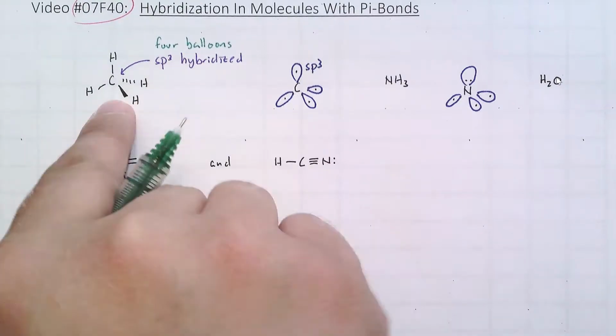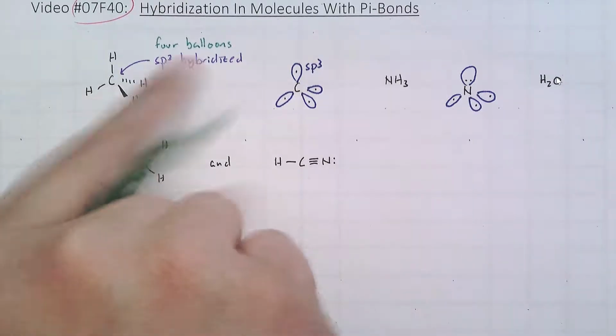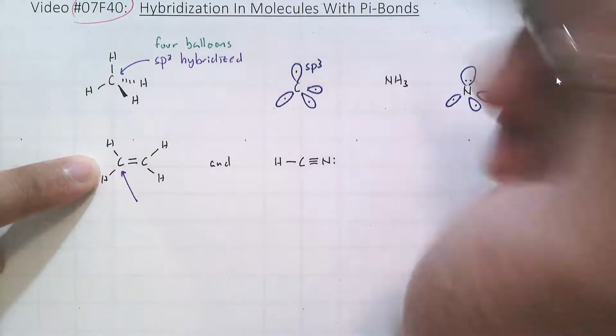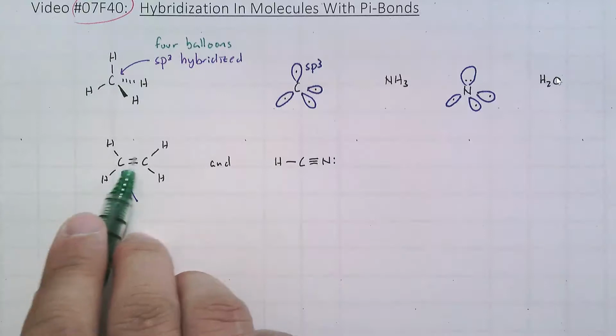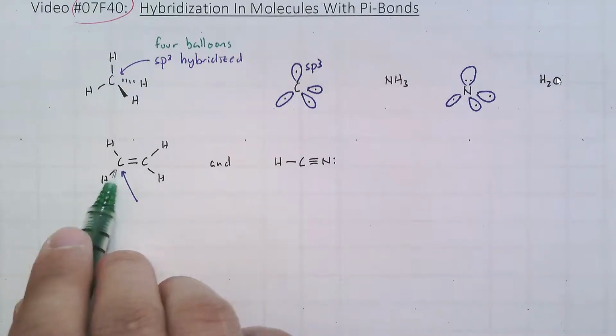This comes from VSEPR theory, valence shell electron pair repulsion. So this has 4 balloons. Well, in this case, remember how I said a double bond is also encompassed by 1 balloon as well. So this is 3 balloons,